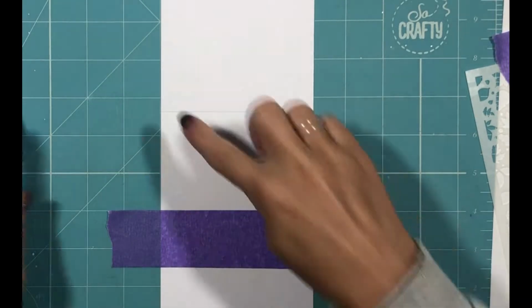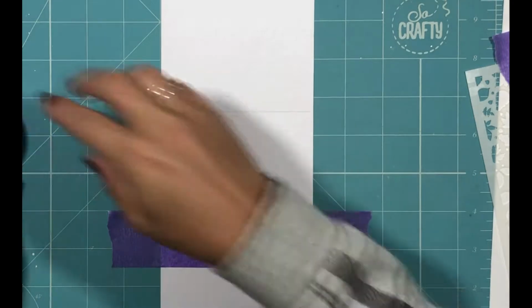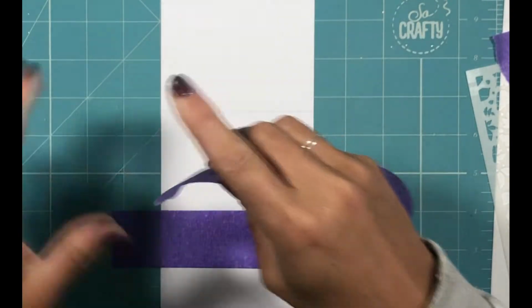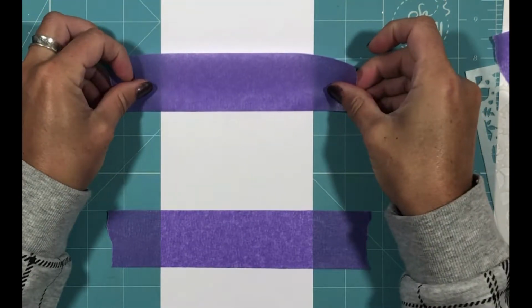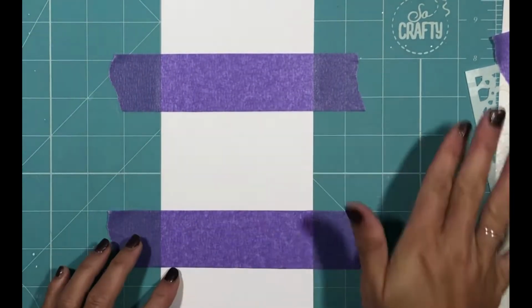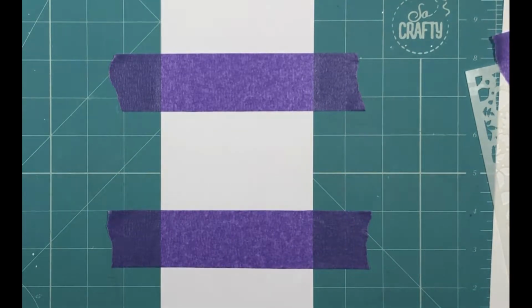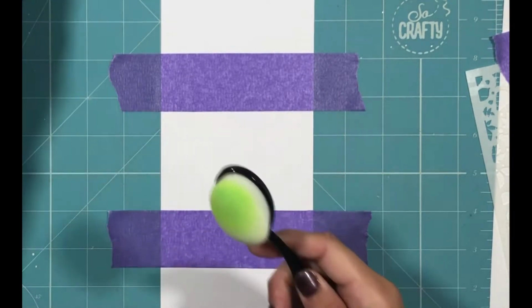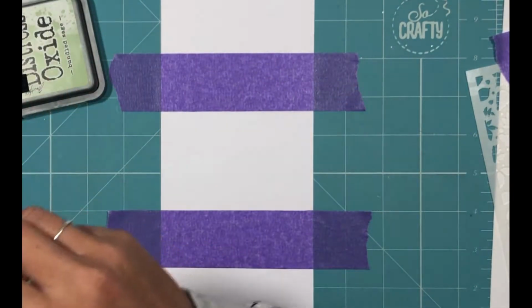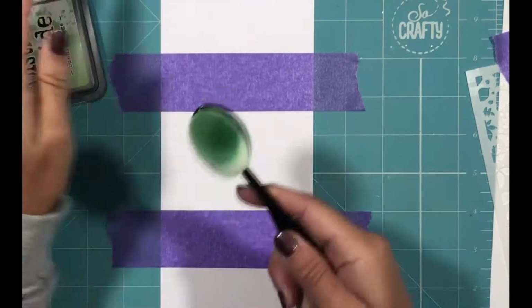And I also don't want to get any of my ink on this back portion, so because I'm a very messy blender, I'm just going to pop a little bit more tape across the back just there. Okay, so using my blender brush, I'm going to start with, in fact I'm going to use this blender brush,